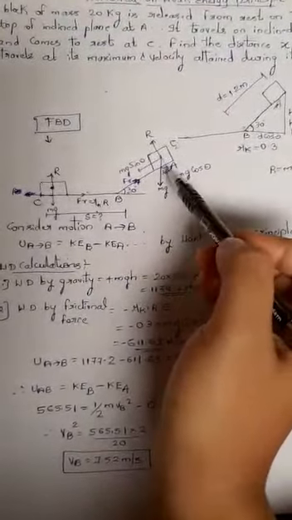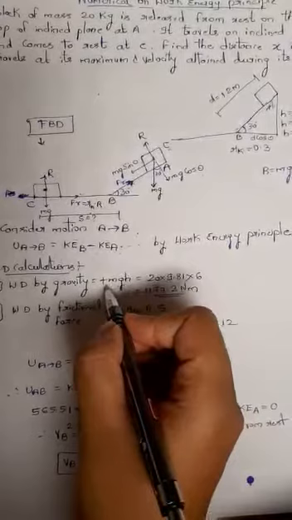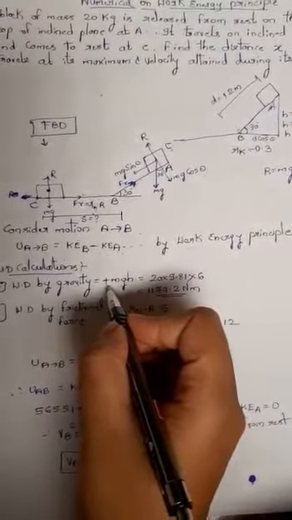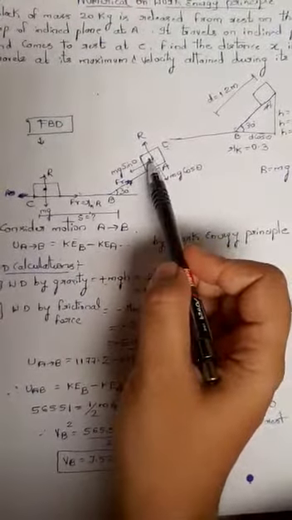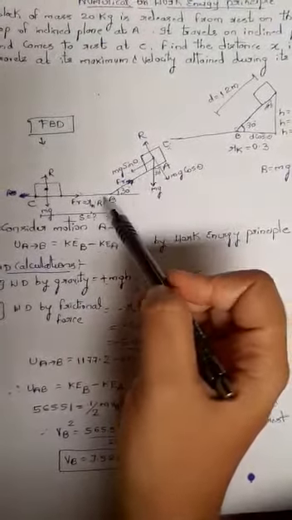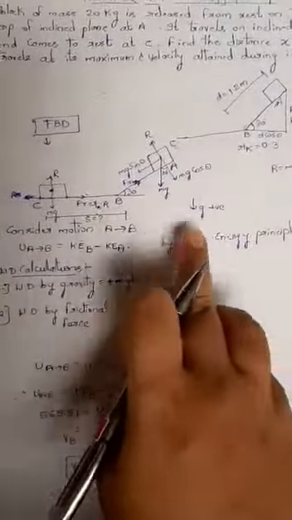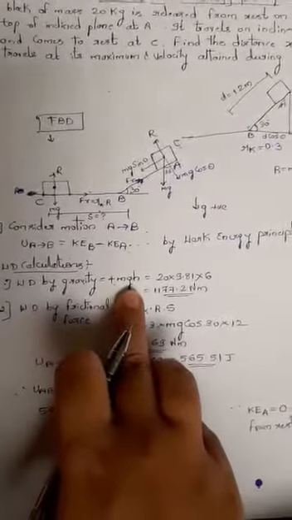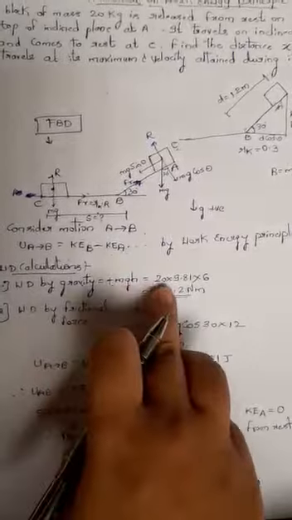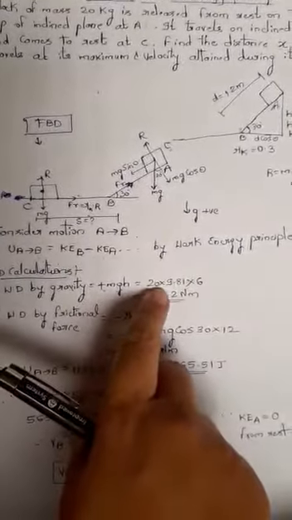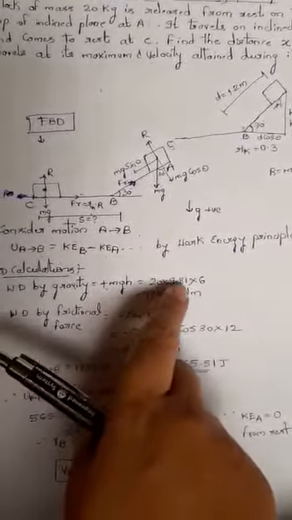So the body is moving due to gravity. Due to gravity we know that the formula is mgh. Now whether it is plus mgh or minus, here it is plus because the block is moving towards the gravity. So always towards the gravity I will consider the work done as positive. That's why plus mgh. So m is given in the numerical, it is 20, into g is 9.81 into h.